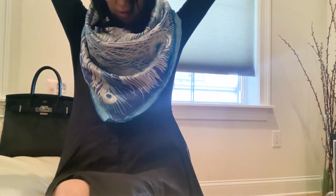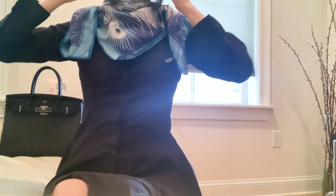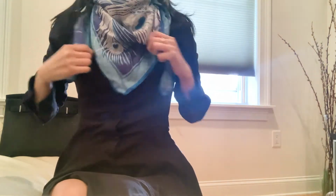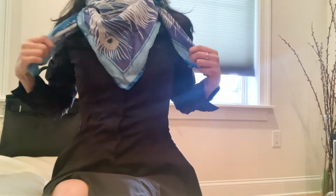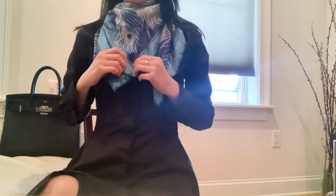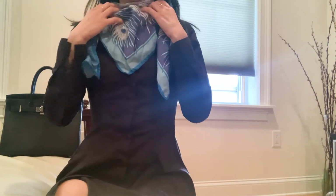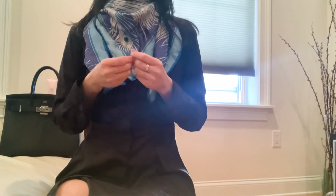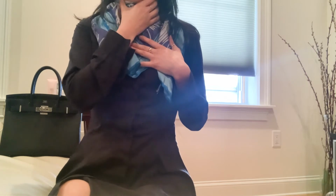And another way is to also wear it this way, where it's almost like a handkerchief, and have these come out from the side as well. And this is also quite nice, and the cape that I had in the back, now it's on the front, and I do like that triangular form as well. And I don't know, there's something about silk. It's the way it's woven. It's a really tight weave, so it does keep the body warm